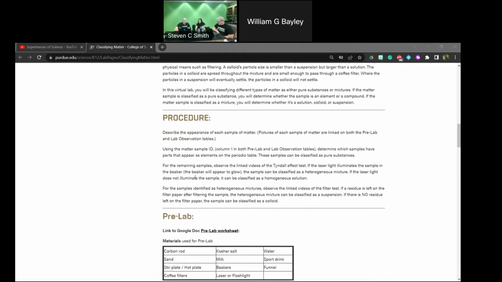Once we have that separated, once we have identified what our mixtures are, then we're going to have a series of videos where we first apply the Tyndall effect. We're going to show a laser. We chose to use a laser because we thought that gave us the best results. You don't have to use a laser if you're doing this in person. I've used a flashlight before when I've done this lab in person. If you have access to a laser, it's cooler. It's freaking awesome. It glows. The visual experience is cool. A flashlight does it too, but a laser just really seems to up that wow factor.